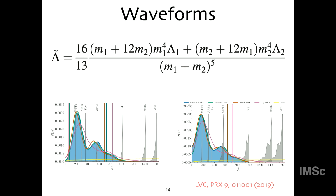So as you can see, this magenta is the in-spiral waveform, which was used for the first analysis, and then it was repeated with other variants of the waveforms, and the results are more or less consistent. There are changes in the bounds, but the bounds do not change much, and this shows the level at which we can constrain this lambda tilde parameter. This is the only parameter that one tried to constrain using the gravitational wave observations we have so far, because this is the leading effect. If you can't constrain it well, you can't constrain the remaining ones that come at higher order. And this, of course, naturally is because